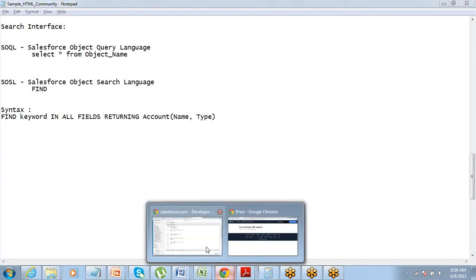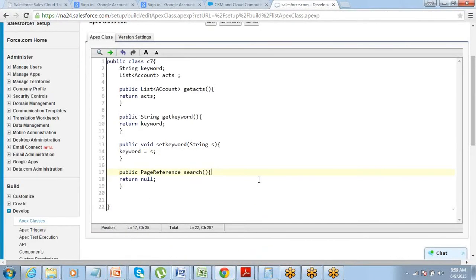So here I will say accounts equal to list of account, find.